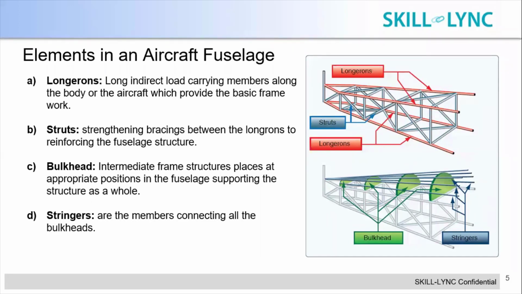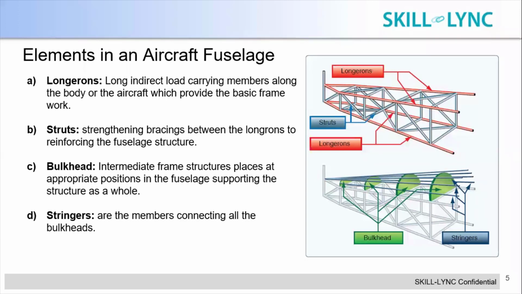The longerons are the strong members which run along the length of the plane, along the length of the fuselage. As I told you, it's a capsule. The shape of the capsule grazes around these longerons, which actually are the direct load-taking members, right? And the